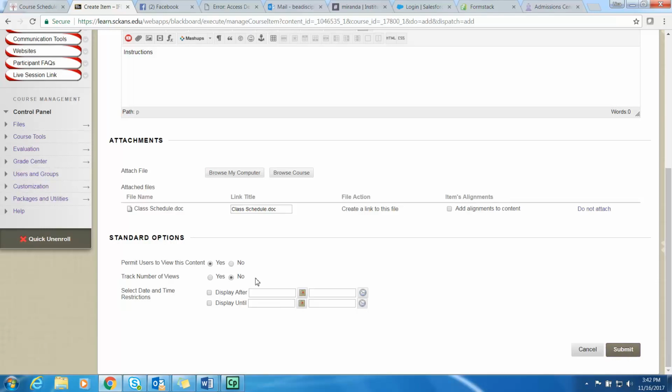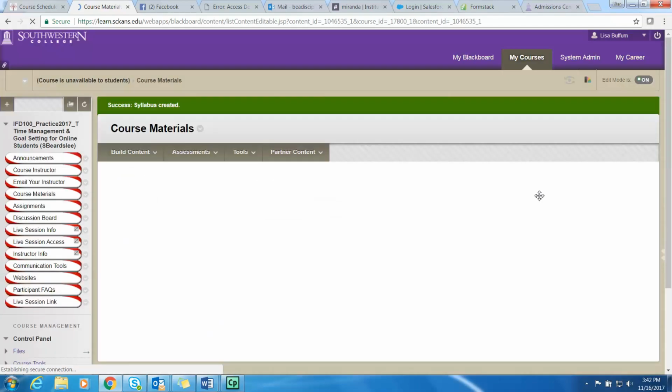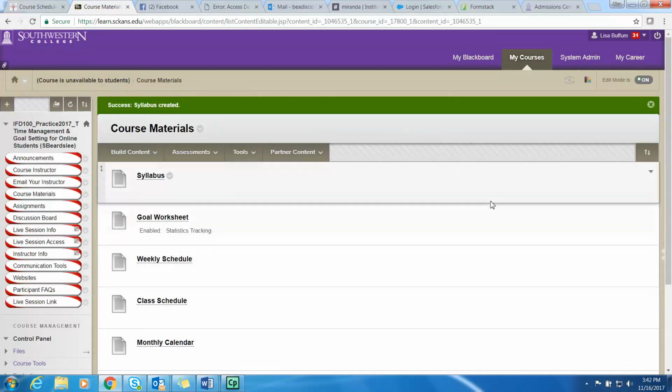And you can also set it to display later. So let's say it's day 3 and you want them to have that time management sheet that you have in here, that's nice. You can set it to display after. I think you can probably do that with a file too. The biggest difference with a file is that you can't add those layers